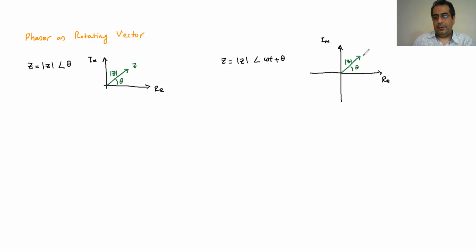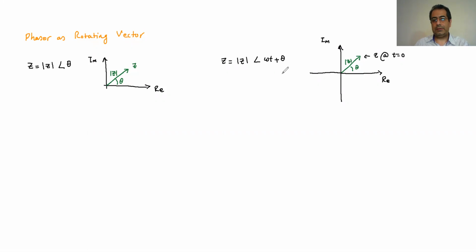So that is z at t equal to 0. Now, if I start to increase t, so instead of t being 0, I make t equal to 1 second or 2 seconds or 3 seconds,